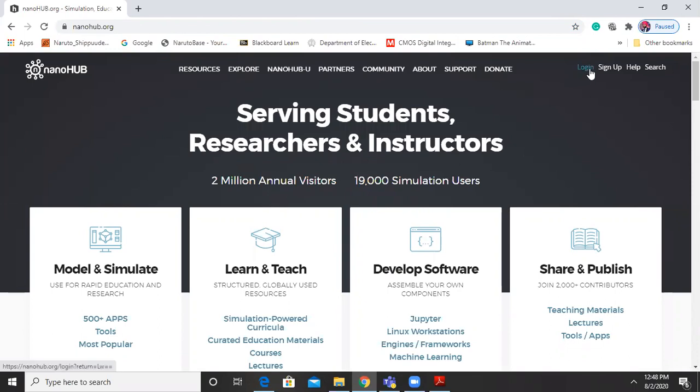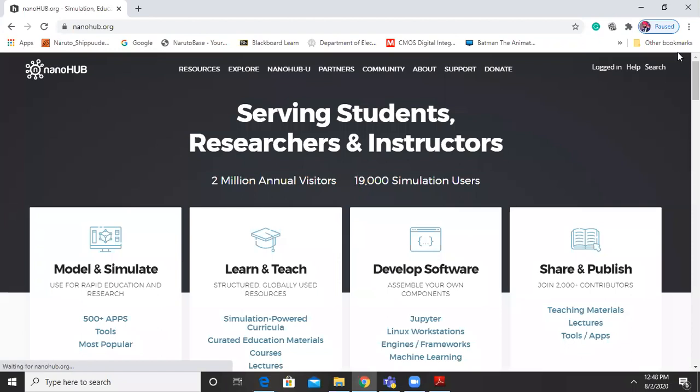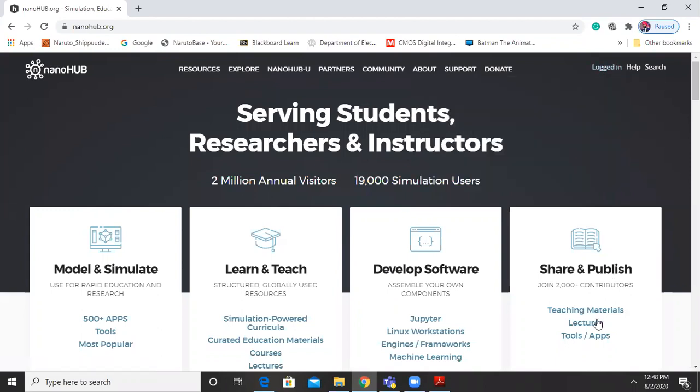Next, we can sign up or log in. We can log in via our Google account. So we can log in over here with our Google account. It's already logged in. I have logged in from my email ID. You all can also similarly log in if you have a Gmail ID. So this completes step 1.